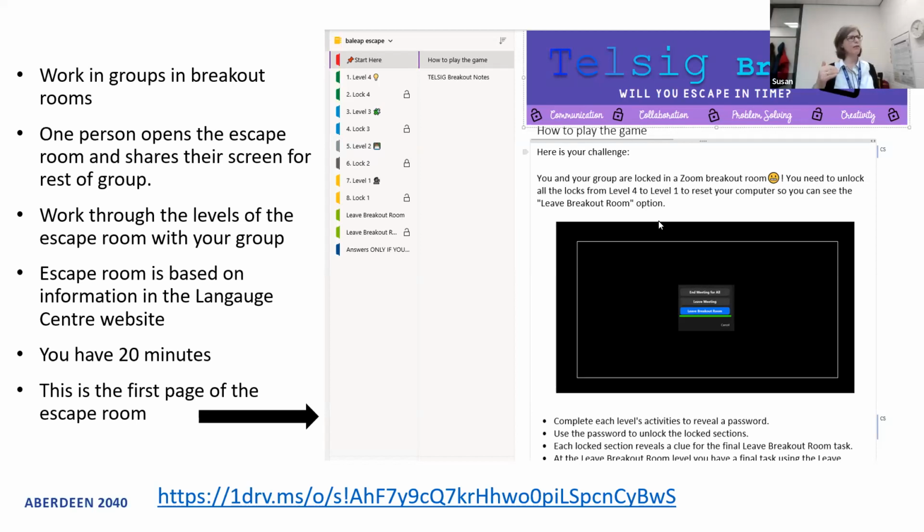There are 4 levels to work through in the escape room, and there is a final level called, what's it called again? Leave the breakout room. So that's the last level of the escape room. The escape room is, sorry, it's a PowerPoint that is not based on the Language Centre website. It's based on the TELSIG